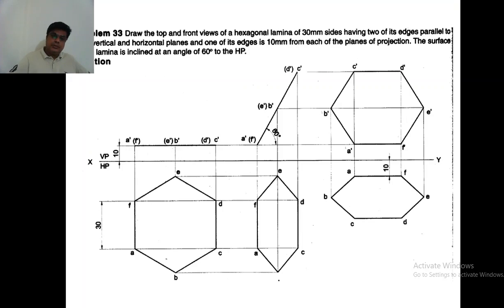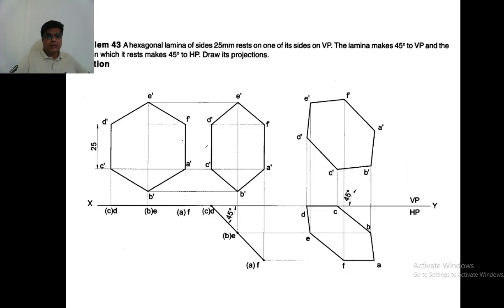Okay, so until now you have seen that all the planes are resting on the HP. Now we will see some problems where the planes are in the vertical plane. So here you have the problem: a square lamina of size 25 mm is resting on its side, this side, on VP. So now the condition is changed here. Until now we have seen problems where the sides or corner were resting on HP, but here it is resting on VP and the lamina surface is making some angle to VP. So that's the difference now.